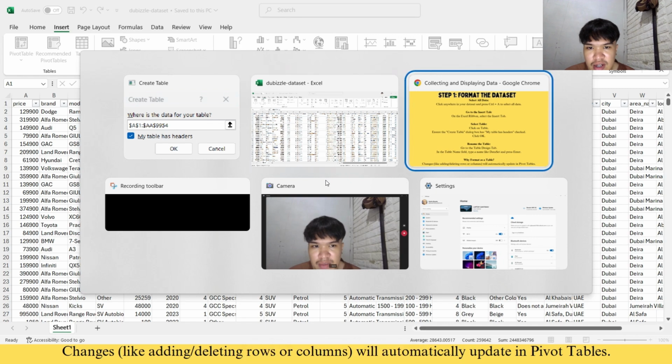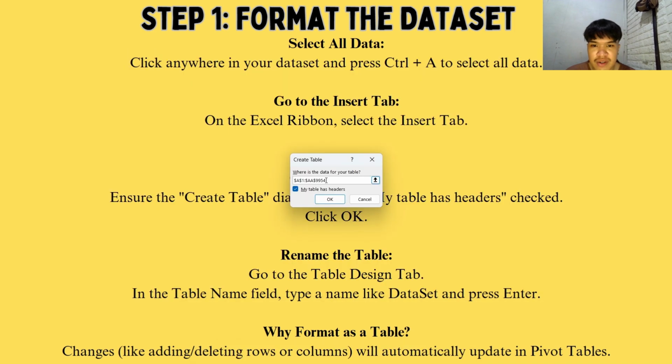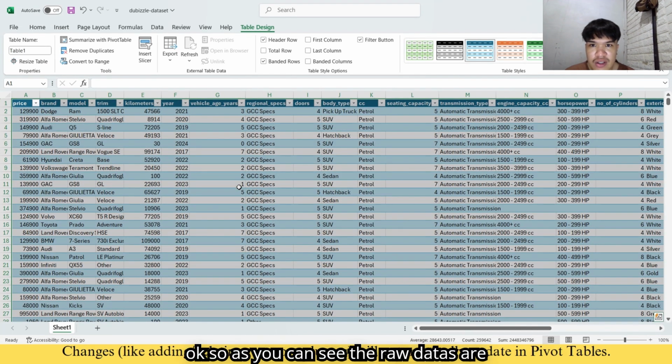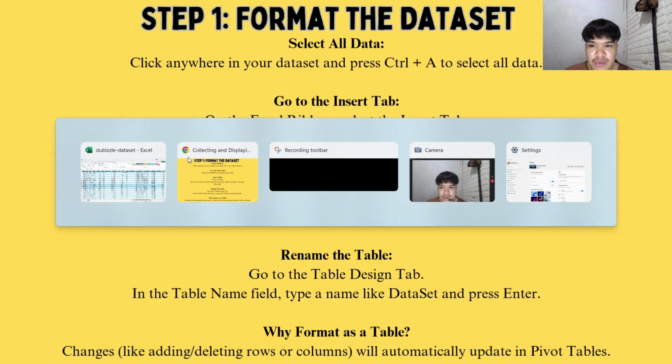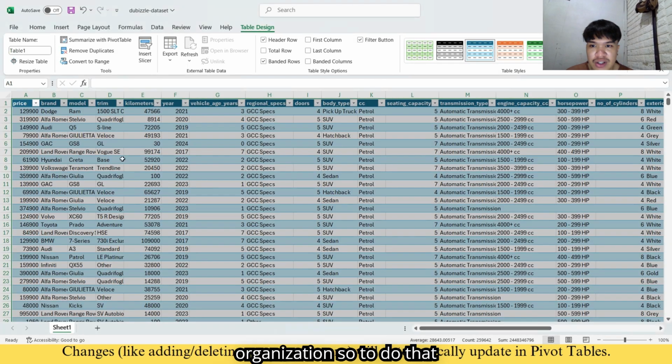We will need to ensure the Create Table dialog box has My table has headers checked. We can see that it is checked. So let's proceed to clicking OK. As you can see, the raw data is transformed into a table. Next, we will need to rename our table, for the sake of organization.